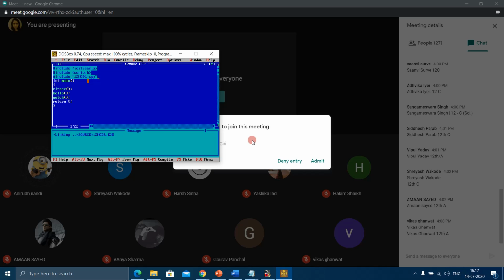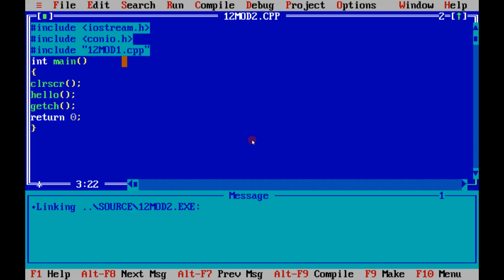See, we don't have to go into detail here. I only wanted to tell you what modular programming is. In modular programming, the functions from different modules can be accessed. Nothing much you have to do. What I wanted to tell you here is that this file 12th mod 2 was able to access the function hello of file 12th mod 1, isn't it? Yes, ma'am.